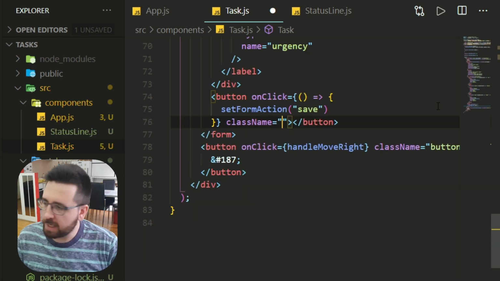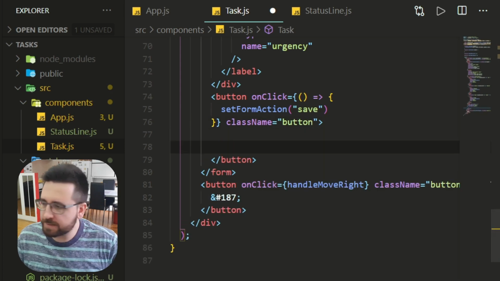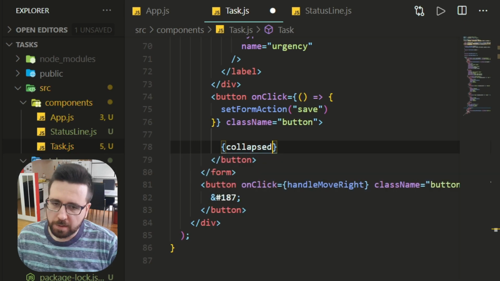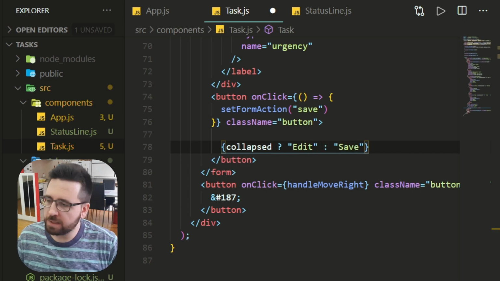It's also going to have a class name of button. For its text, we are going to say if this is collapsed, the text is going to be edit, and if it's not, it's going to be save,